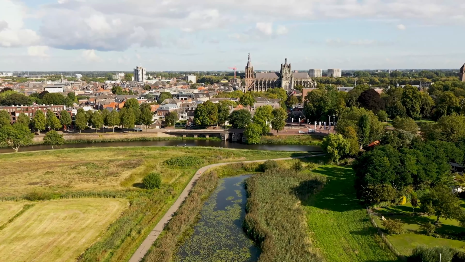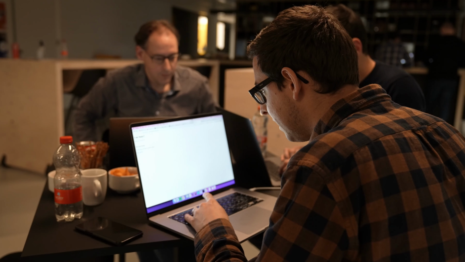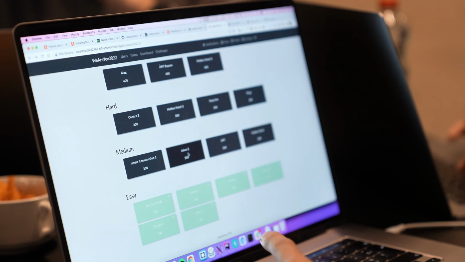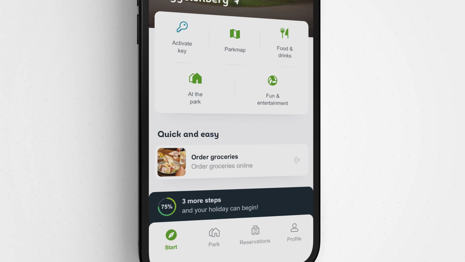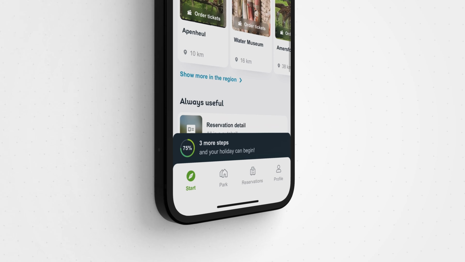I'm Lawrence, and I'm a software engineer at IO Digital. At IO Digital, our mission is to provide digital service to our clients. This includes strategy, content creation, marketing, and technology in the form of web and app development. The project I'm currently working on is an app for the Landal Green Park's holiday parks. This app provides you all kinds of information about your stay and also functions as a smart key to open